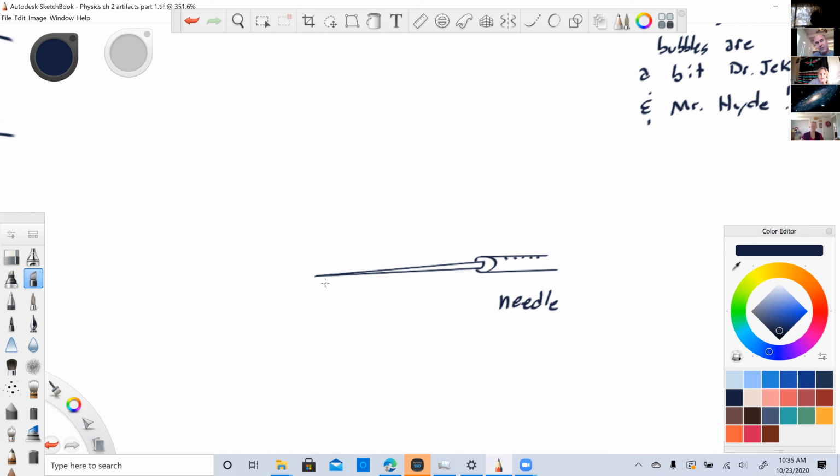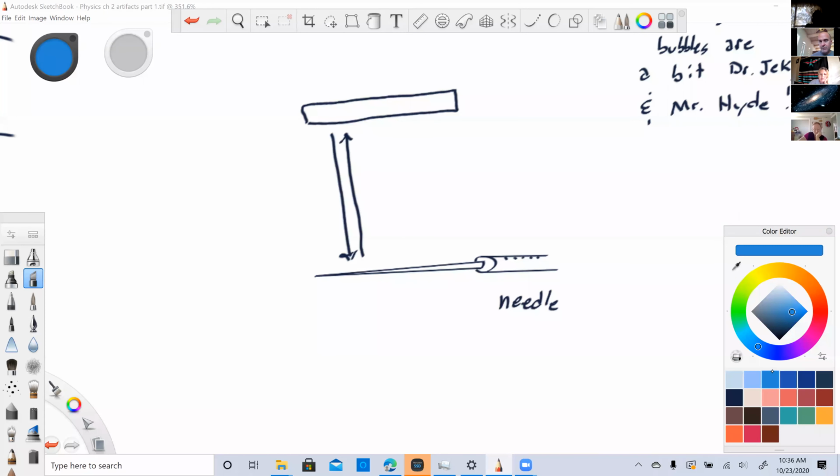And if we have our transducer, by the way, the transducer should be as parallel as possible with the needle, because when that happens, you get a nice, and then let's do a different color to show that this is